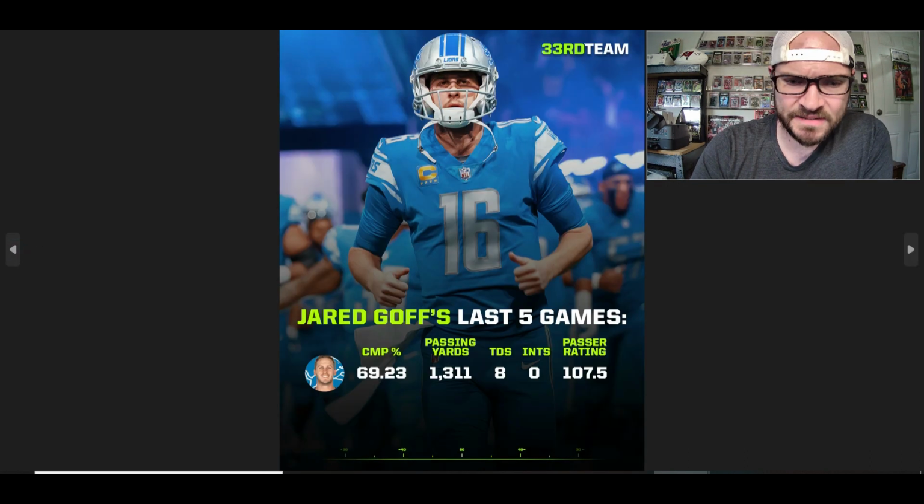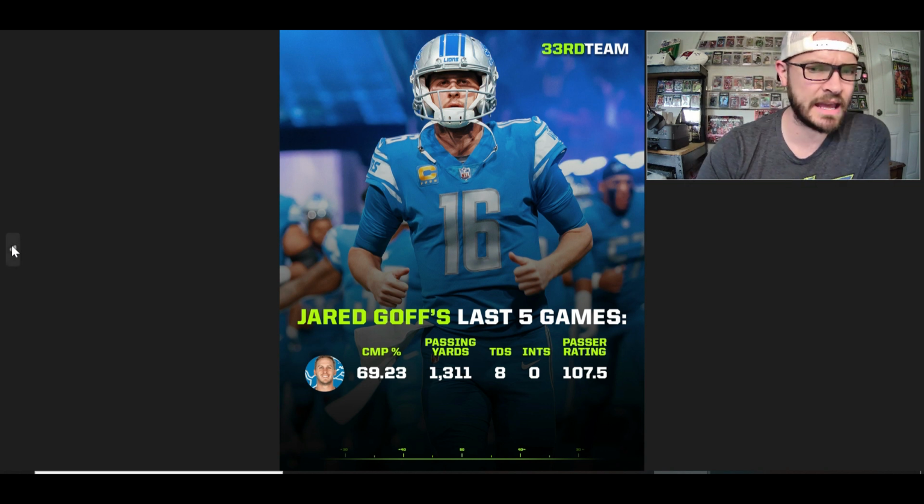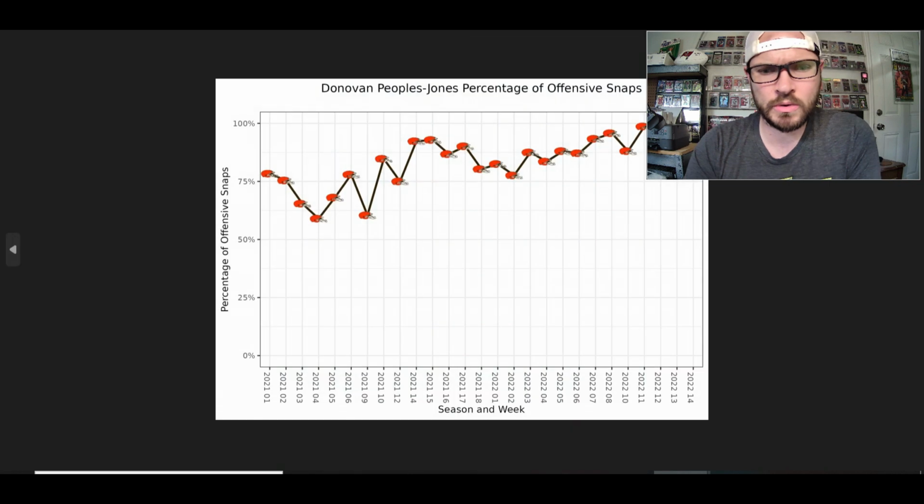Word search. Jared Goff's last 5 games: 69% completion, 1,300 passing yards, 8 touchdowns, 107 average passer rating. Let's go. Who I wanted to talk about was